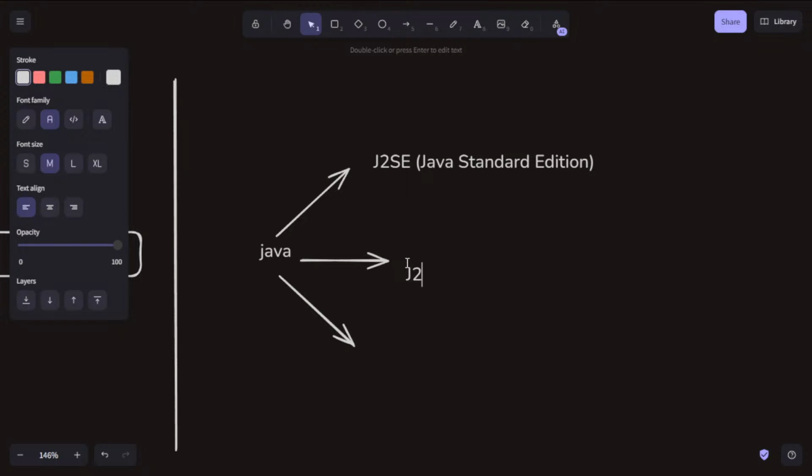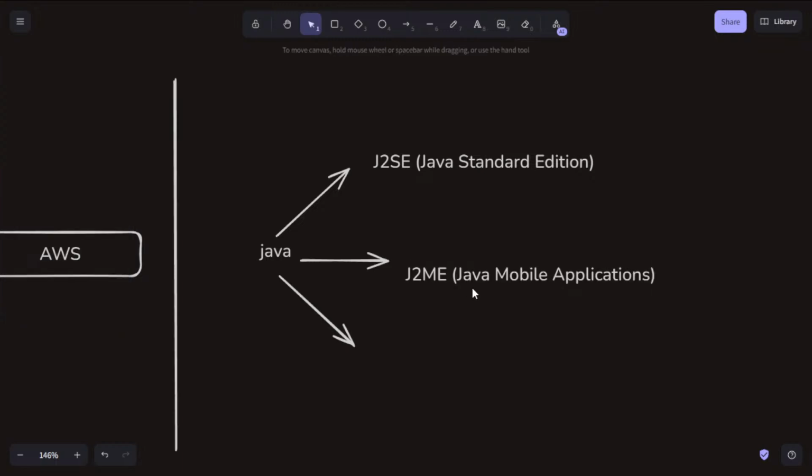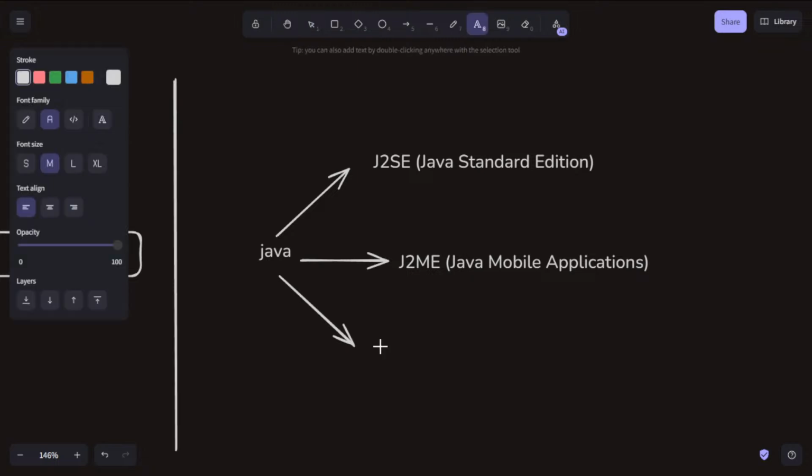Whenever you are using Kotlin and such for Android development, that was developed from the J2ME architecture, for Java mobile applications. And the third one is J2EE, the enterprise edition, for enterprise applications.